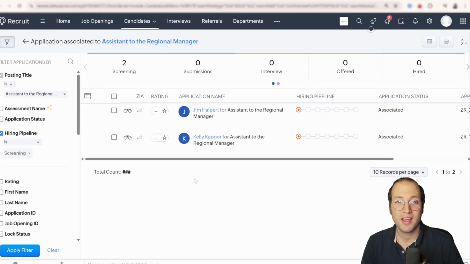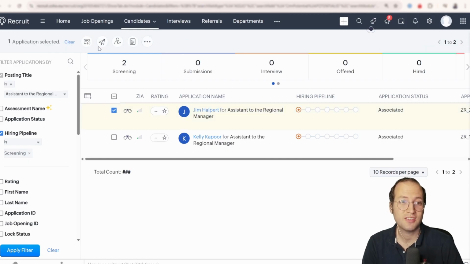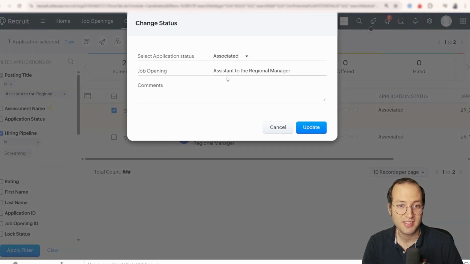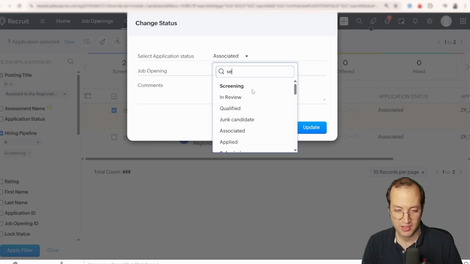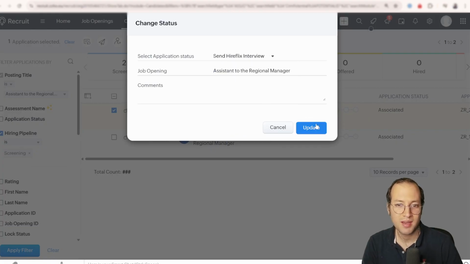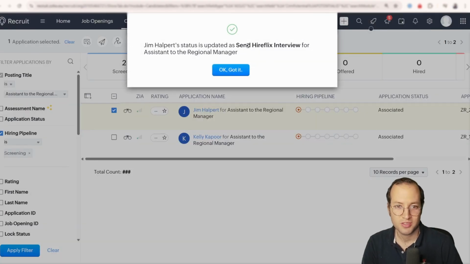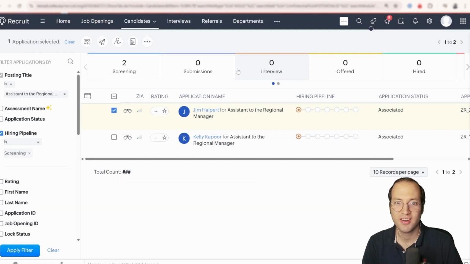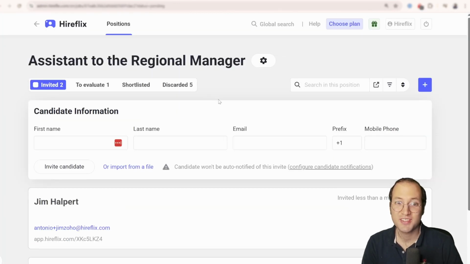Okay, so now that we have the position connected, we can trigger interviews by moving candidates to the right stage, in this case, the Send Hireflix interview, seamlessly. And you can, of course, do this in bulk with many people at a time. So we just move the candidate. Okay, got it. And if we go into Hireflix, you're going to see that indeed Jim was just invited automatically